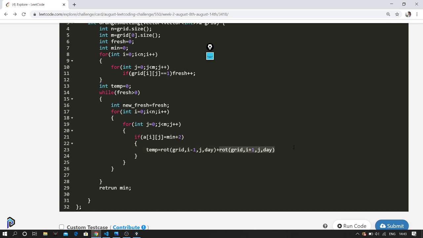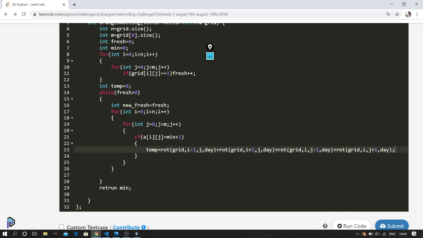Similarly, I need to rot the above one and also the one below. I will be writing a function called rot to do this. Left, right, below, above. I have tried to rot all of them.